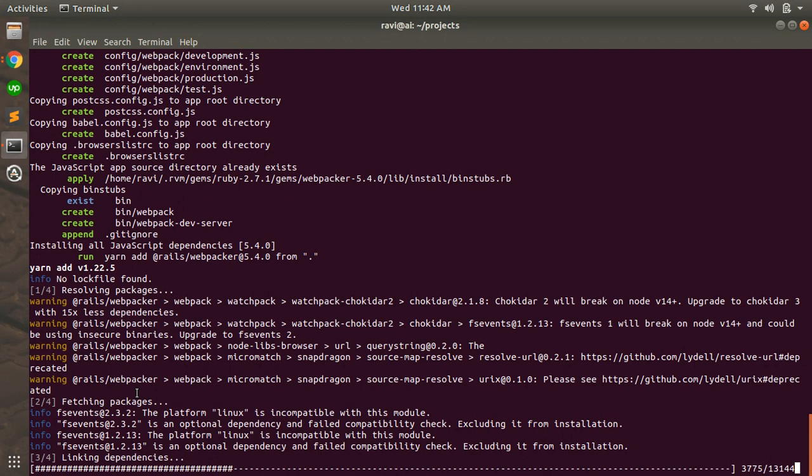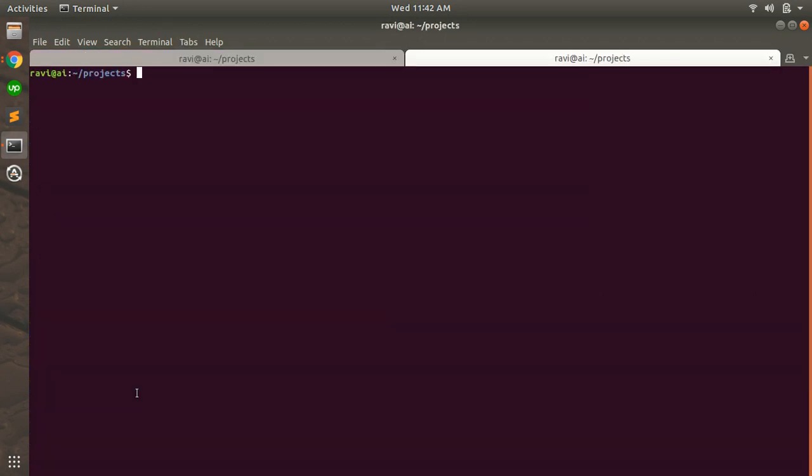Since our application is generated, we can switch to a new tab and open this application. Now let's look at its directory structure.